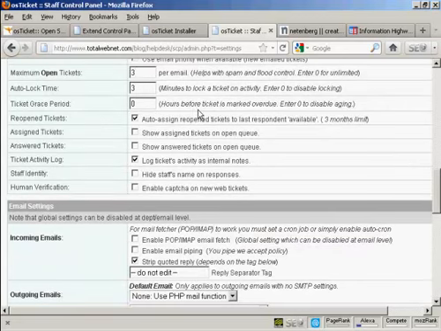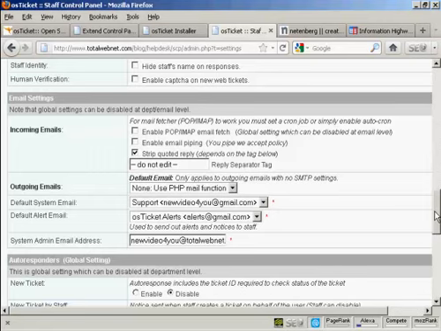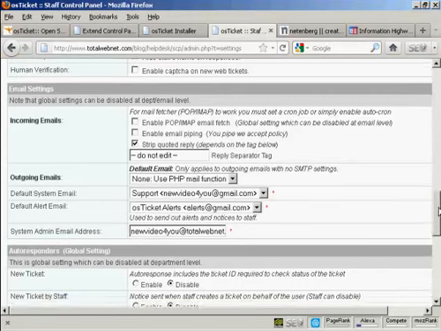And again, you've got other things like ticket grace period. I'm going to keep that at the default setting along with all of these. Same thing comes with the incoming emails. I'm going to leave that as it is. We're going to use the PHP mail function that's on my hosting account. I've got shared hosting, so it's best to leave it at that. And the default system email, I'm going to leave all of this at the default settings,